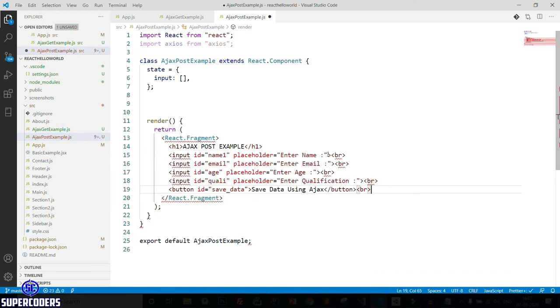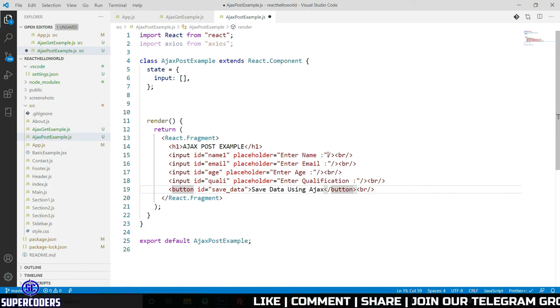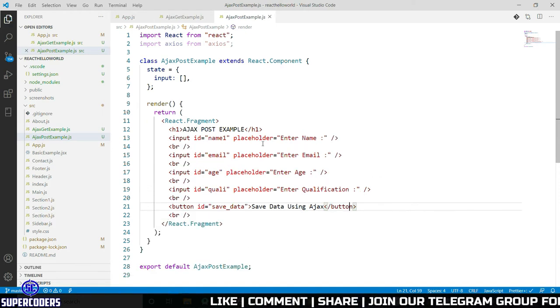Now let's fix this error by adding a slash here, also here, and here and here. Now save it. So it gets formatted.